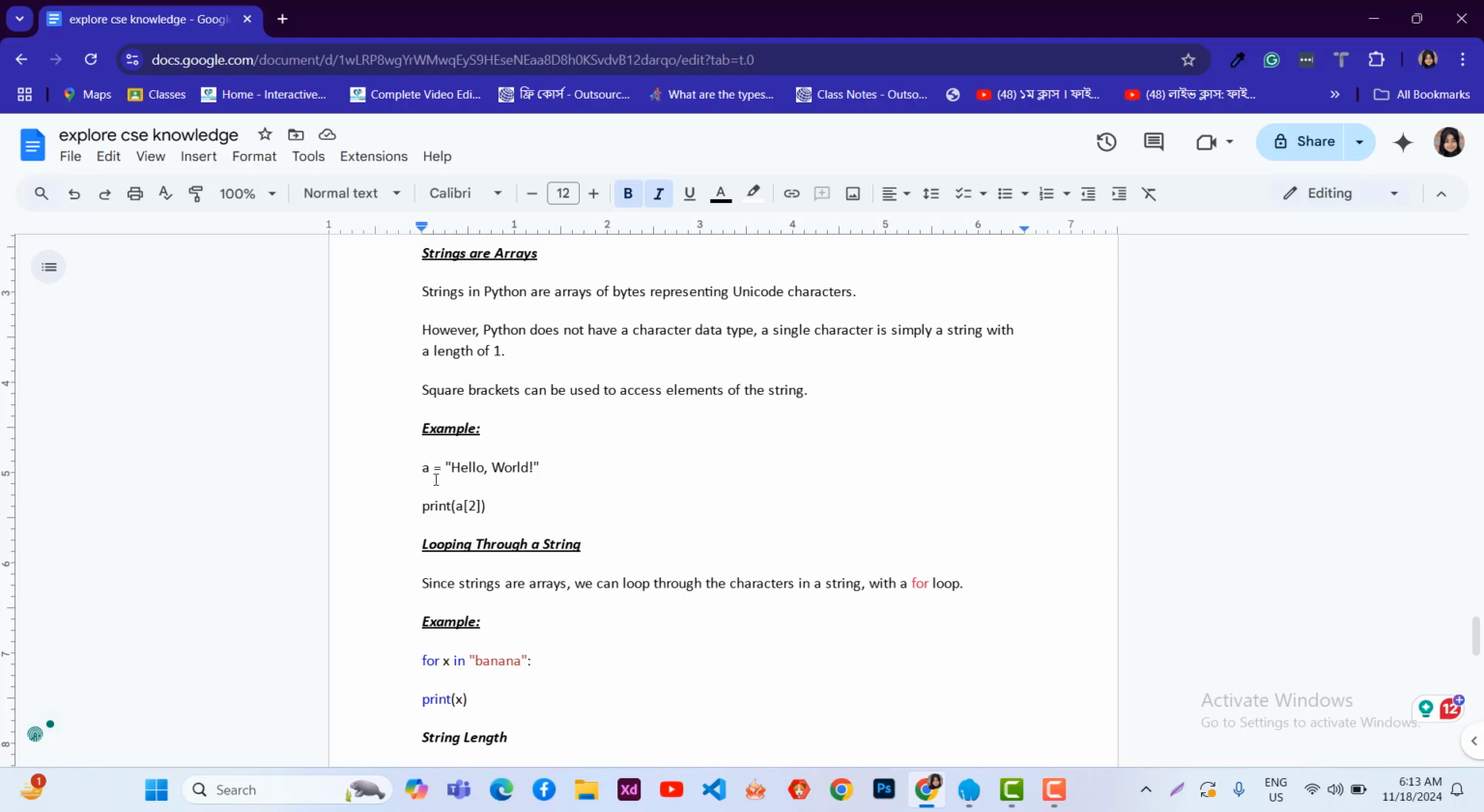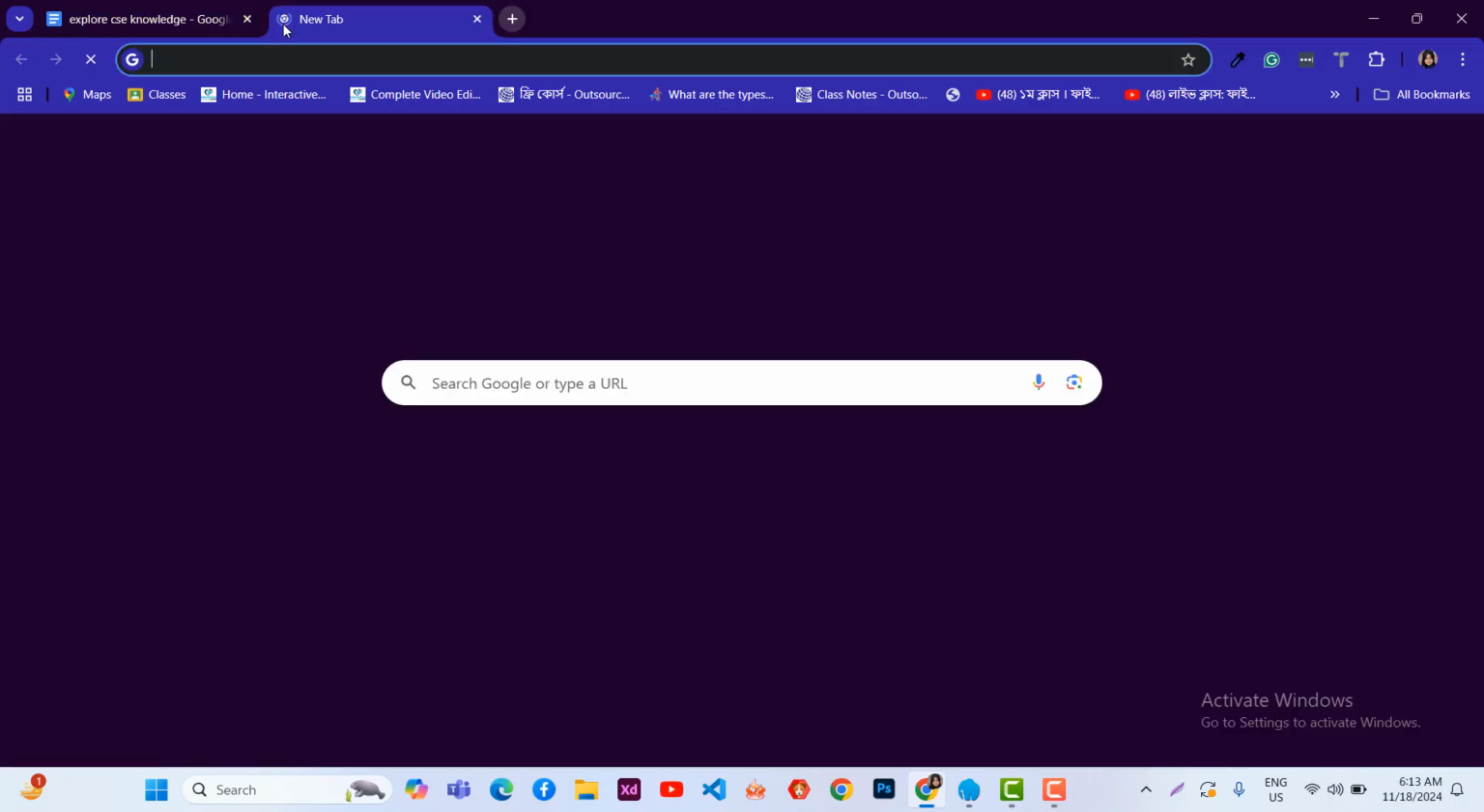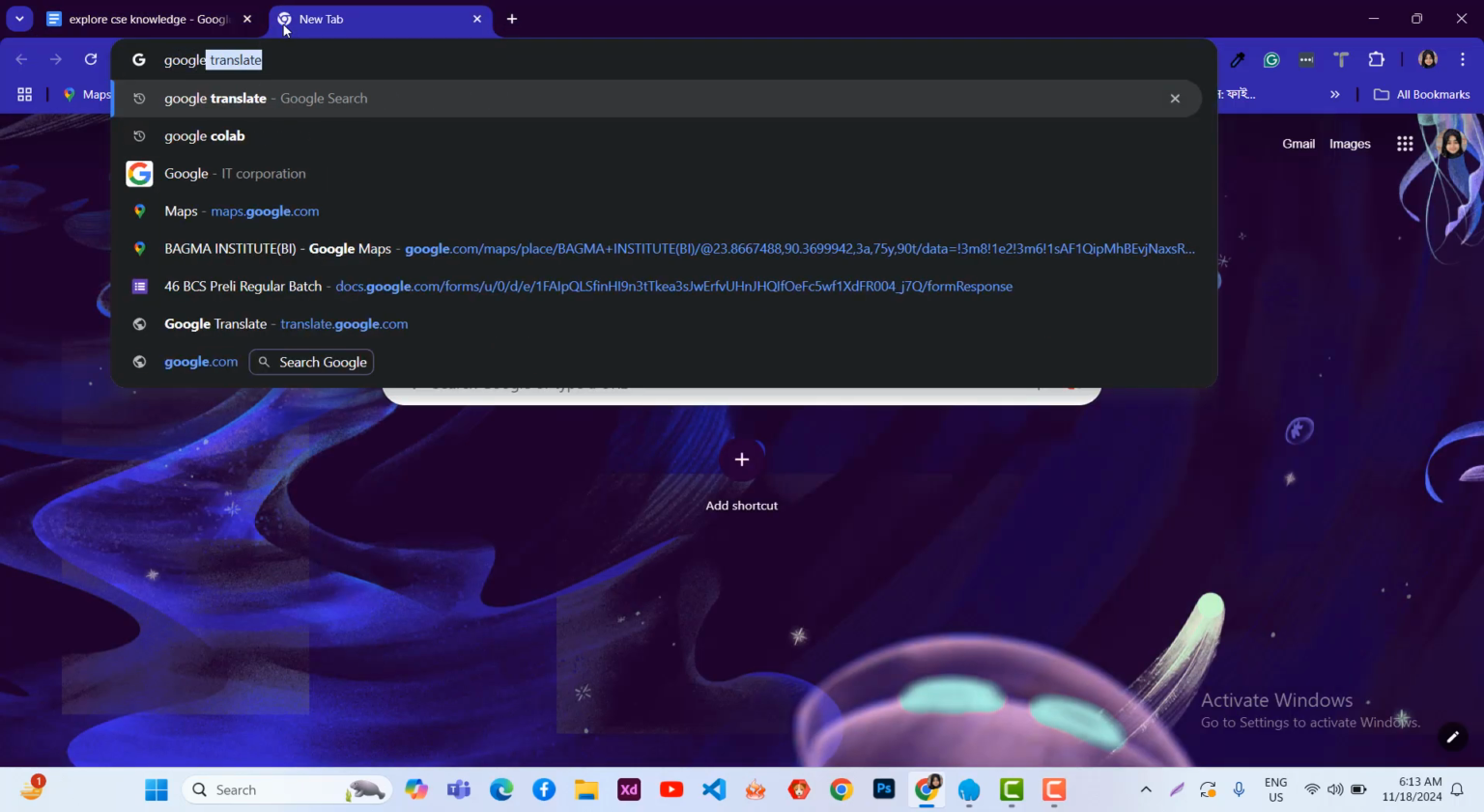Here is the example. We are taking a variable a, and inside the double quotation we are writing, suppose, a hello world string. To print a single character from the string, we write the variable and inside the square brackets we write down which character we want to show. So if we run it on Google Cloud,